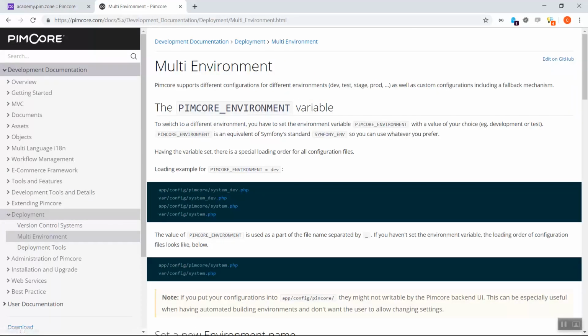The second thing is the multi-environment configuration, which is of course available for all the Symfony configuration files, where you can specify environment-specific overrides of certain configuration options. And in addition to the Symfony configuration files, you also can specify the Pimcore PHP configuration files that are around there with